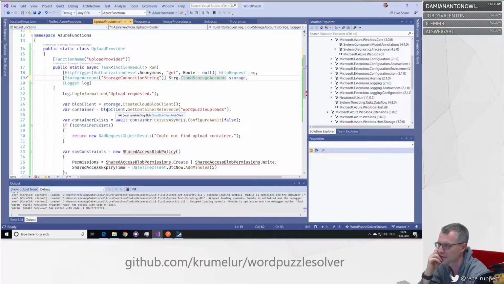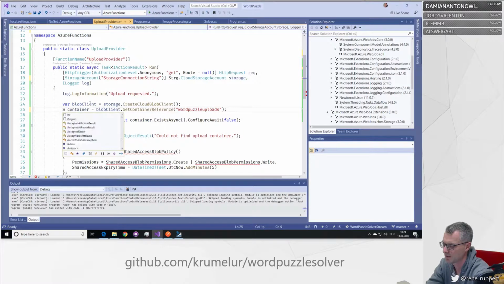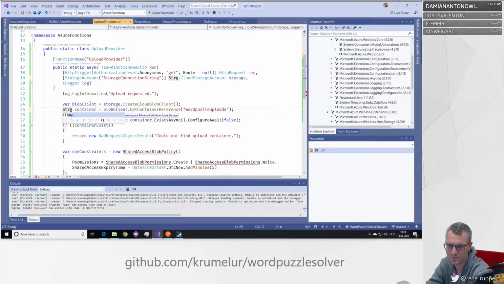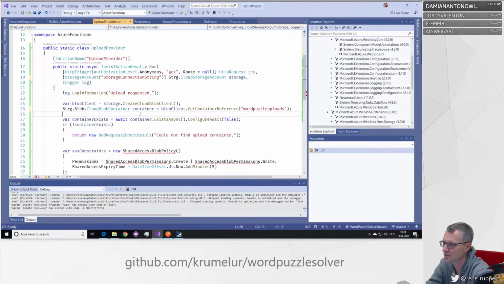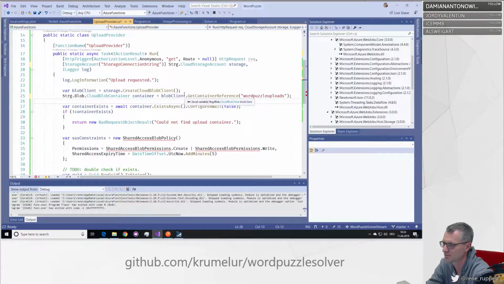We've got the container. So that container here, I made that an explicit one, so I would be able to verify if it is what I'm looking for. So that's cloud blob container. Now those are compatible, because if it was using the wrong assembly, this would give me an error. It would say I cannot turn this here from the one namespace into the other one. Now my shared access policy that I have down here, this is, I wonder if it helps if I connect